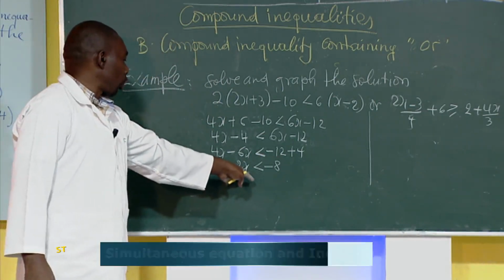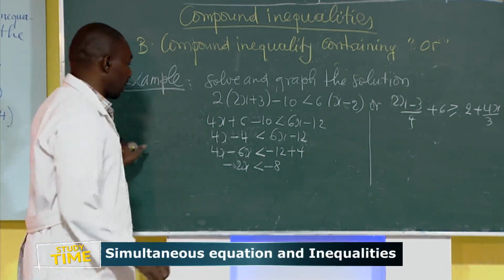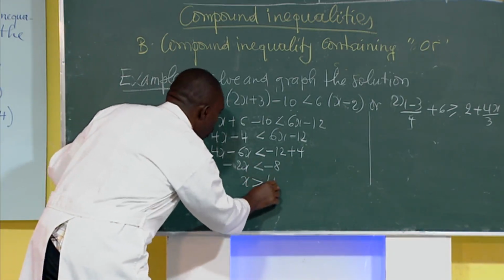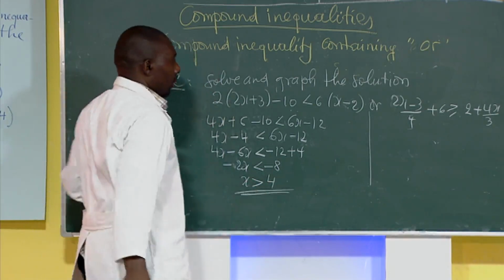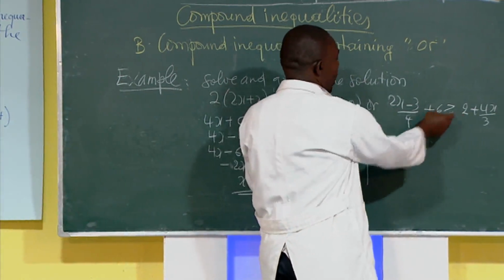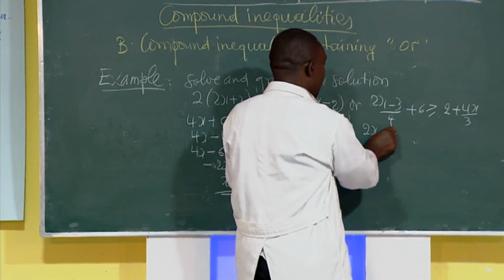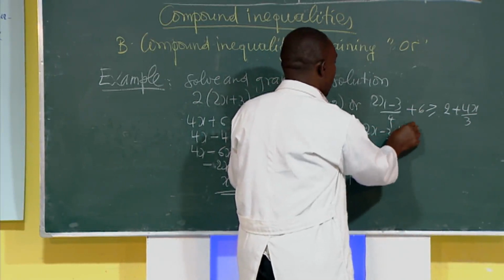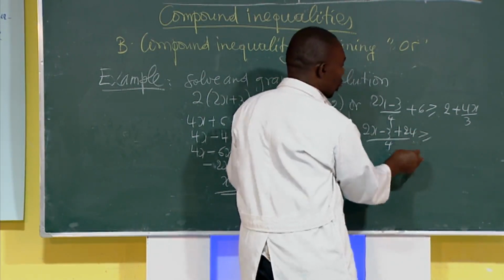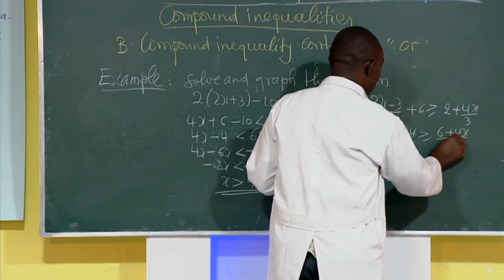To get x, we're going to divide both sides by minus 2, and at the same time, we reverse the inequality. So we get x greater than 4. For the second inequality, putting on the common denominator, we'll have (2x minus 3 plus 24) divided by 4, which is greater than or equal to